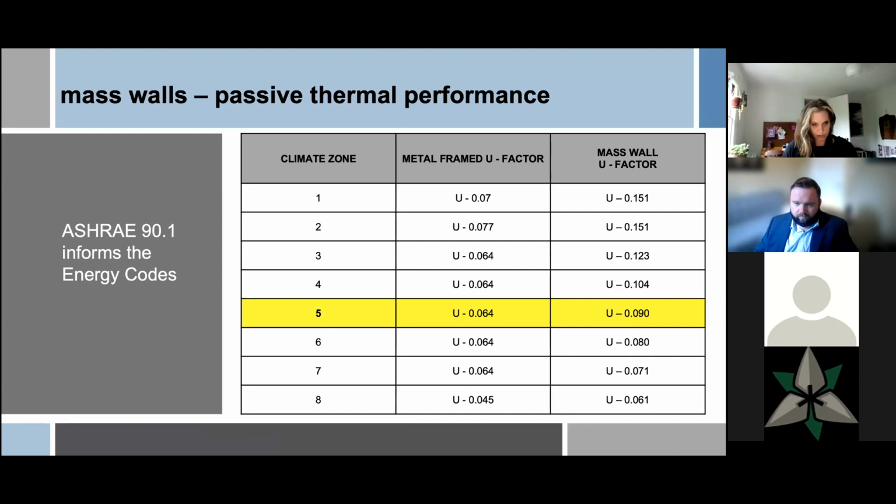So feeling warmth and cool is one thing, but ASHRAE actually takes into account the benefits of thermal mass. This is a chart out of ASHRAE 90.1, looking at climate zone 5, which is where Massachusetts is. The mass wall U-factor required is 0.09, where a metal framed wall, for example, is 0.064. So this is one of the ways that we can look at code-based